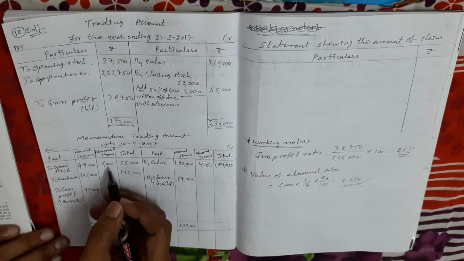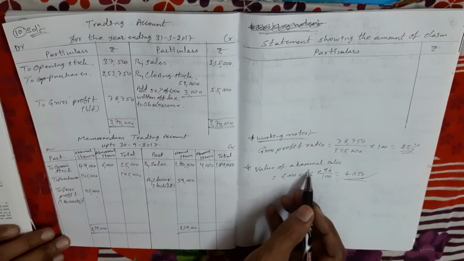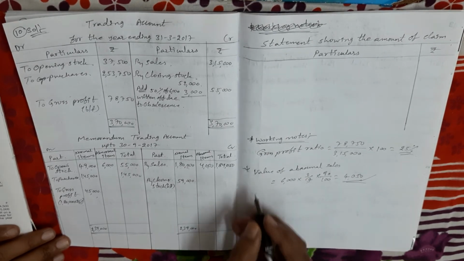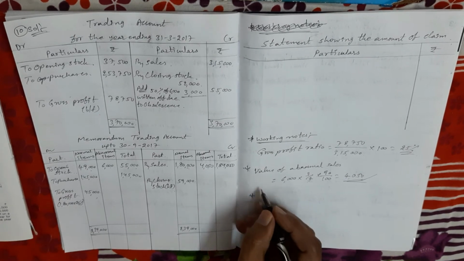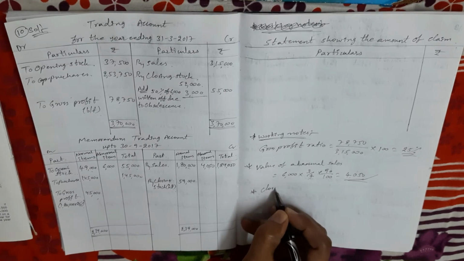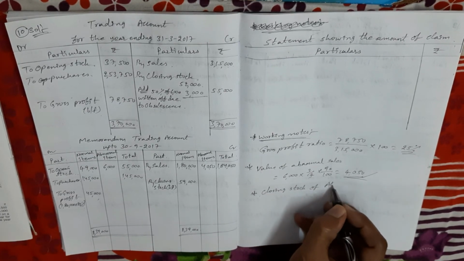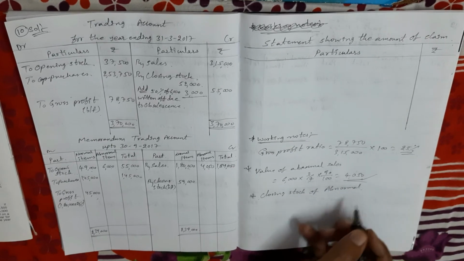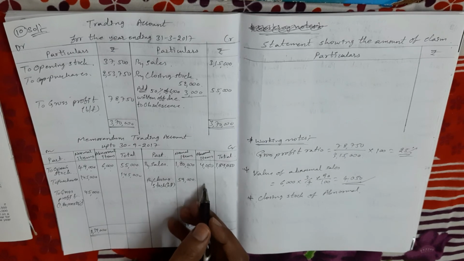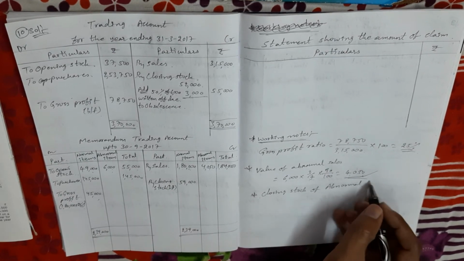For abnormal items, okay, the total amount we have not sold. See, in 6,000 we sold only 3/4. 3/4 sold means 1/4 is left now. So next working note, closing stock of abnormal items. In the previous problem, the total amount was sold at the same cost, so there was no closing stock in abnormal goods. But in this problem, closing stock of abnormal items is there.